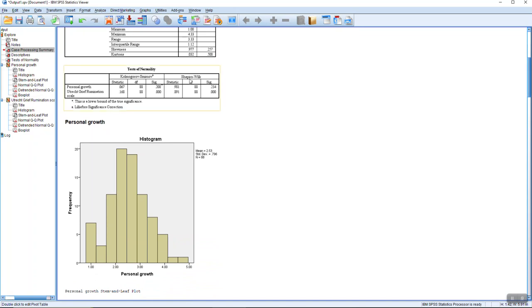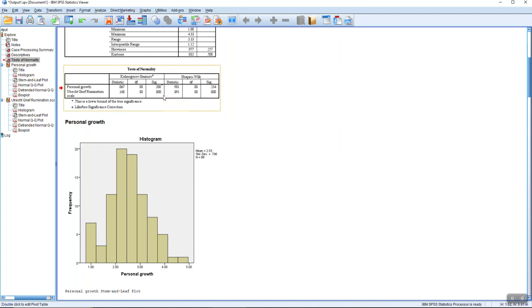So the third table, which is the most important table, is the test of normality table, which shows two normality tests applied. One is Kolmogorov-Smirnov test and the other is Shapiro-Wilk test. So the threshold for the test of normality is that if the value of significance is greater than 0.05, we say that the variable is normally distributed. Otherwise, if the value of significance is less than 0.05, we will say that the data is not normally distributed